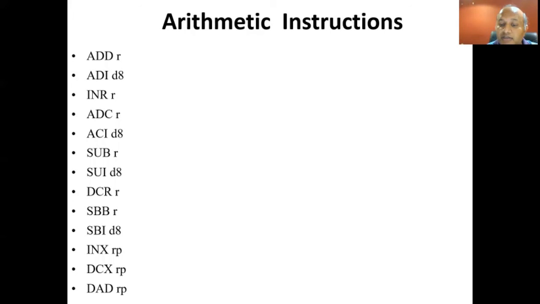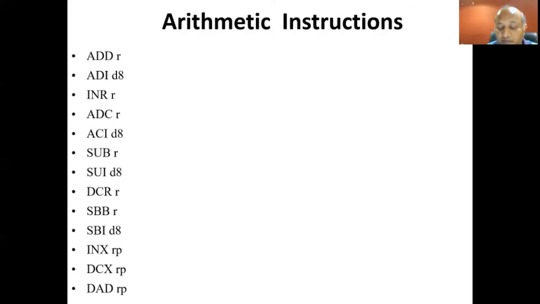Their positions in the flag register are given as: sign flag is in the 7th bit, zero flag in the 6th bit, AC in the 4th bit, parity flag in the 2nd bit, and carry flag in the 0th bit. Some bits are vacant. So these individual flags are either set to 1, or reset to 0, depending on the result of the execution of the arithmetic or logical instruction. But in a few arithmetic and logic instructions, some or none of these flags are affected.